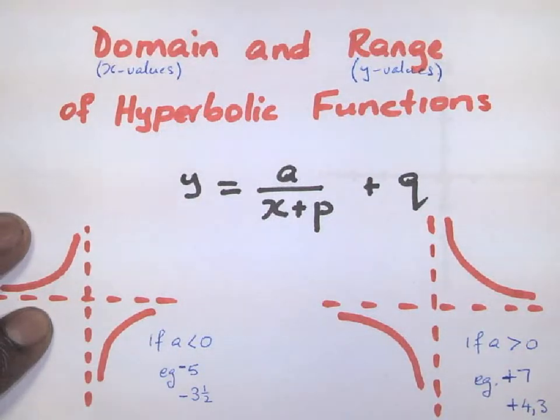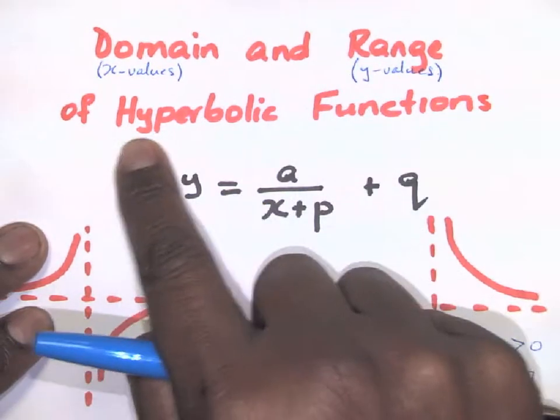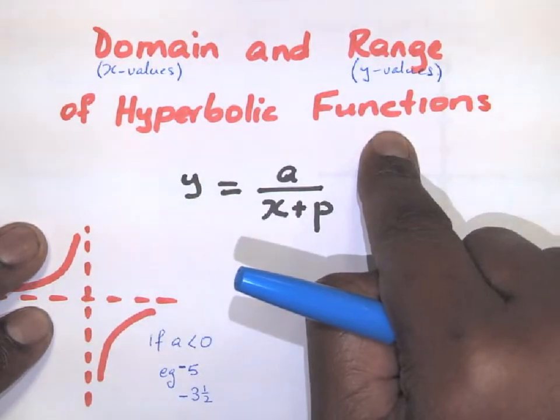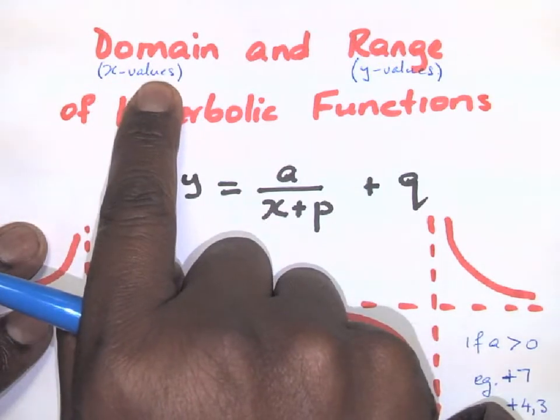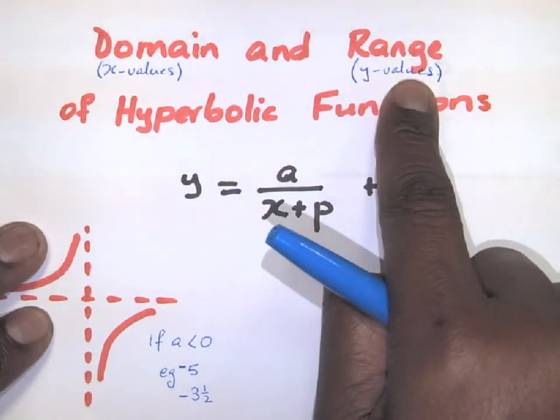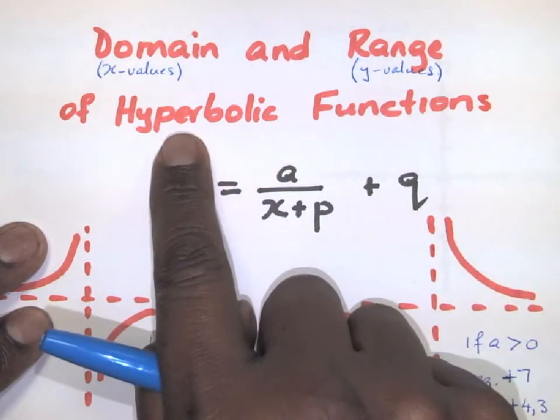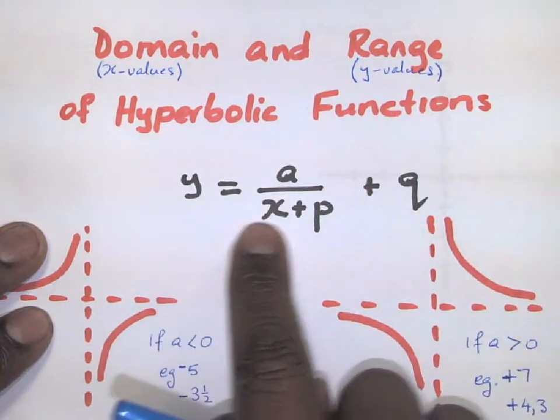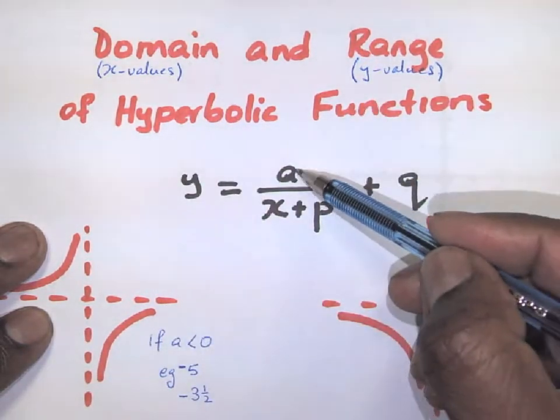Hi, grade 11s. Today we'll be looking at the domain and the range of a hyperbolic function. Recall that the domain is about the x values and the range is about the y values which a function can take. A hyperbolic function can be represented in this format in an equation where a, p, and q